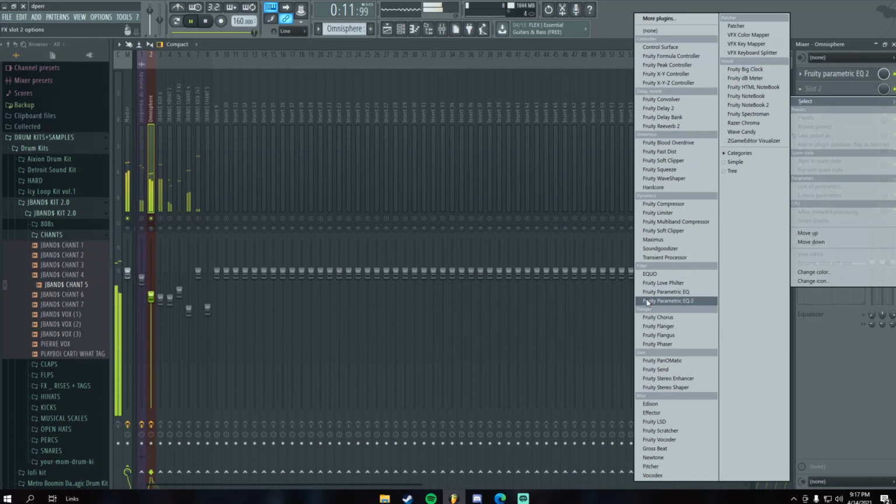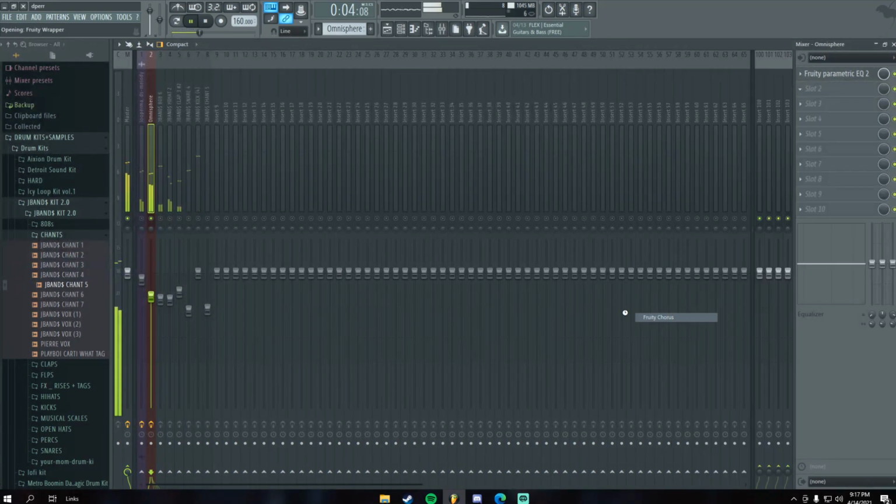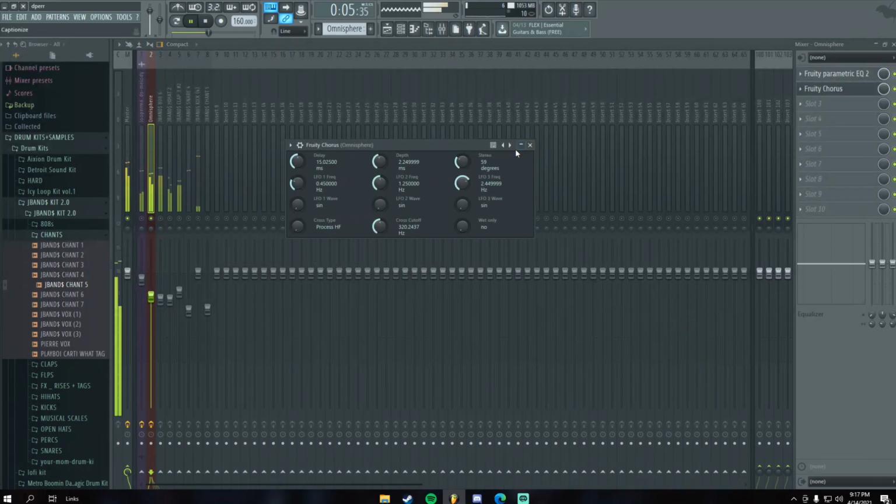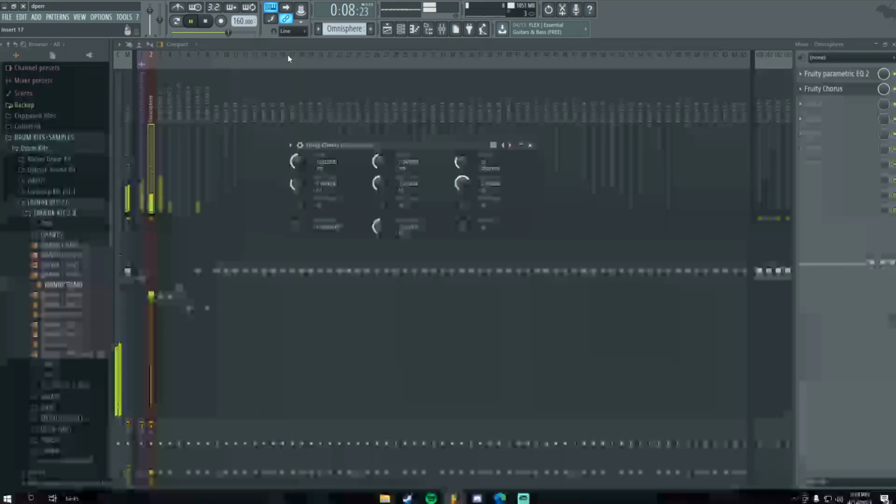Cool. I'm going to add a chorus just because I think it sounds really cool on some melodies. And I'm going to go through these arrows to go through all these presets there are. I like that one